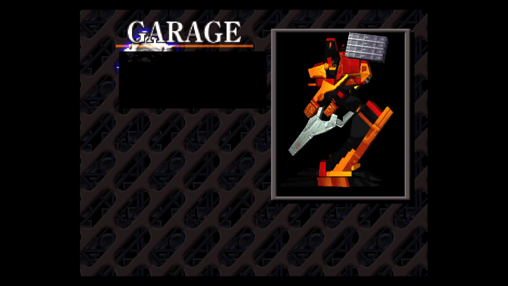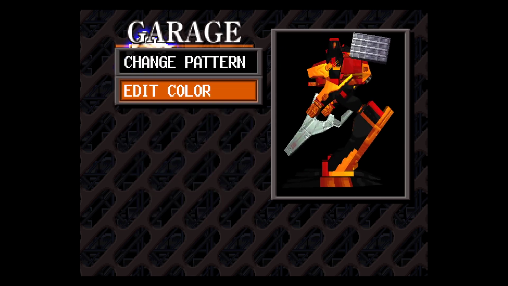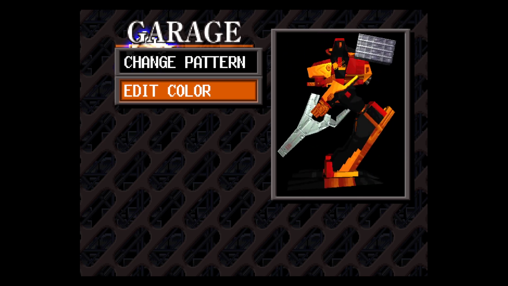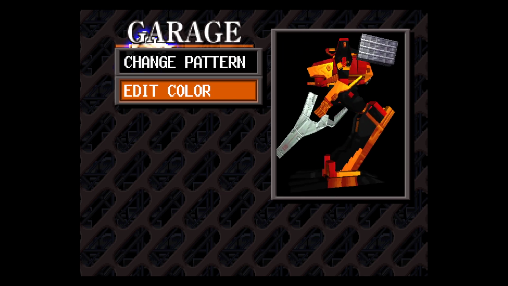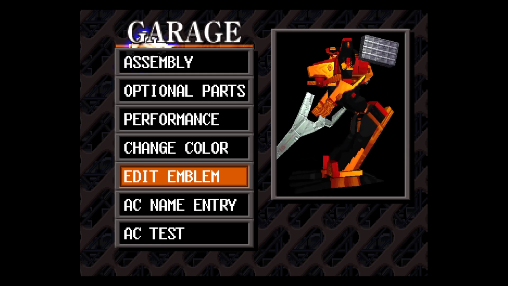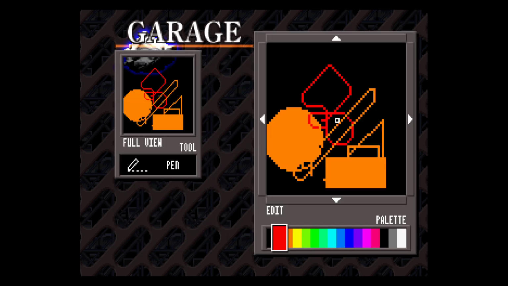And Armored Core also has camouflage patterns with different colors, and in this iteration of the game, you can choose the colors of the camouflage. They are pre-made, they are pre-built, so whatever. The real meat and bones of the customization comes into this. You can actually draw stuff in this game,